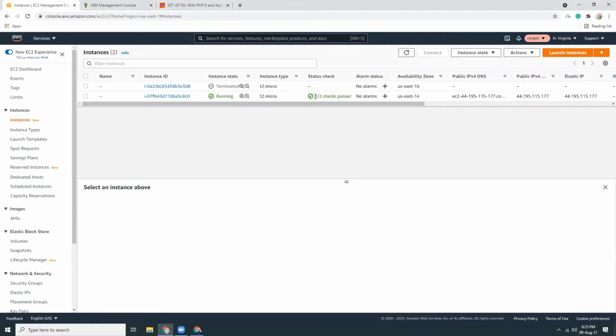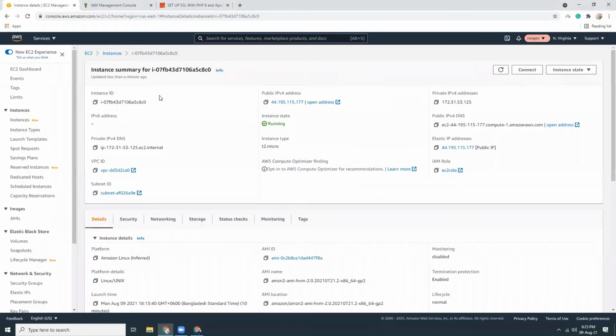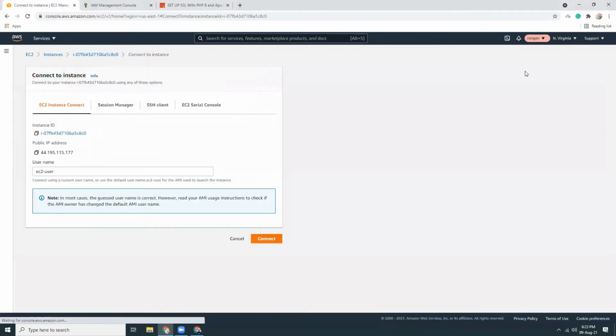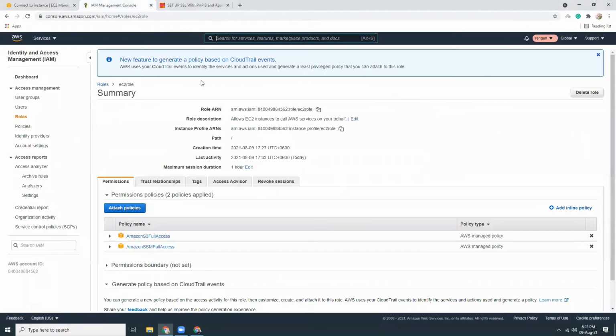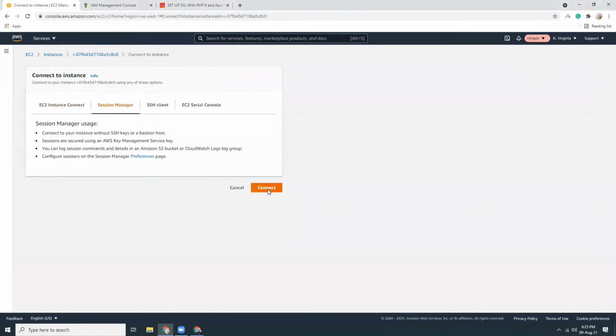All the status checks are completed. Let's go to the details and connect to that instance. I'm going to connect using Session Manager, and that requires the SSM permission, which I have given via the IAM role. So I'm going to connect here.